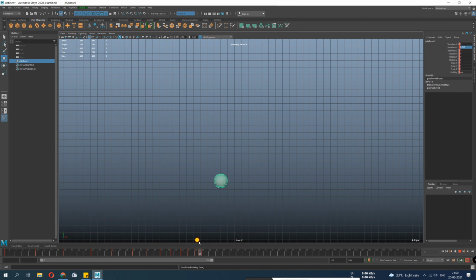Again, the task is not to use the graph. So how are we gonna do that? So let's look at the timing. Looks fine. Now what we need is to make it react. So this is where it's getting impact, and it feels like it's slowing down. See, it's moving quite a distance here, but when it gets close to the ground, it's not moving a lot. So it's slowing down.